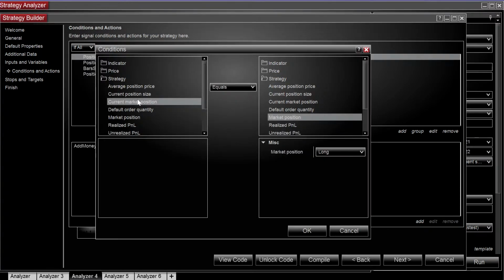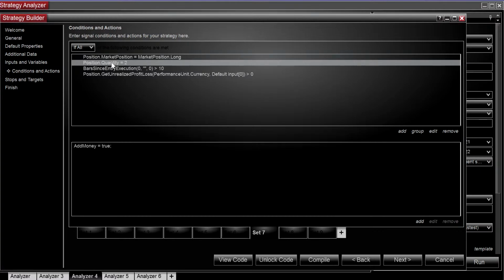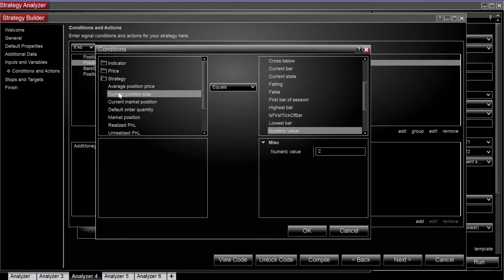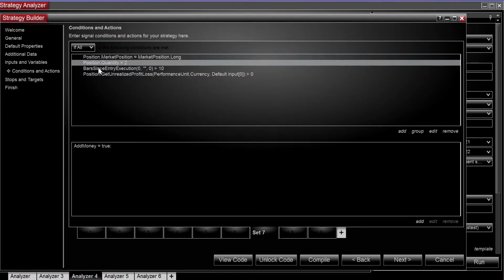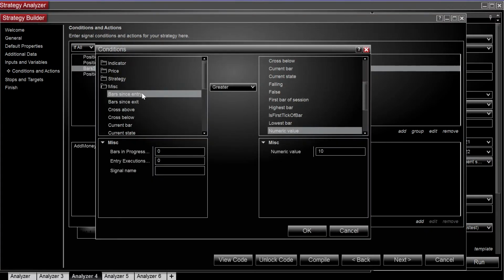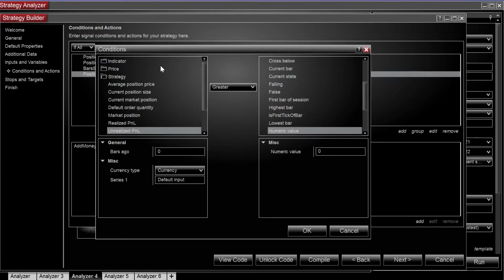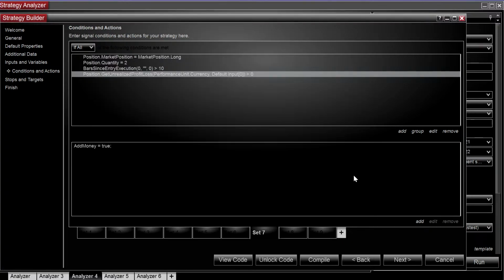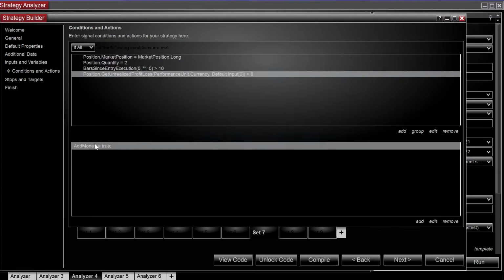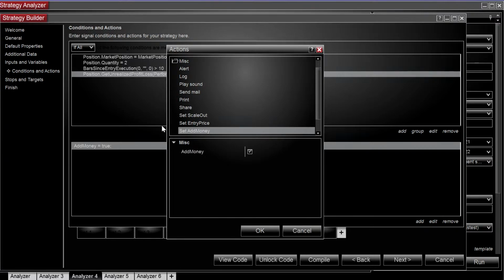So current market position equals long, current position size equals 2, bar since entry is greater than 10, unrealized P&L is greater than 0. Set the add money variable to true,